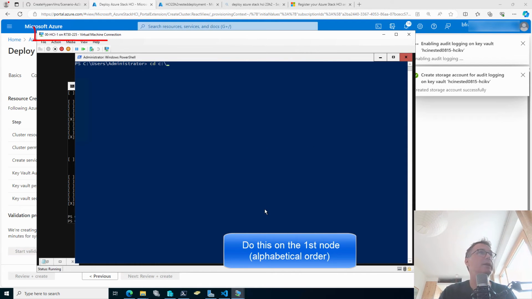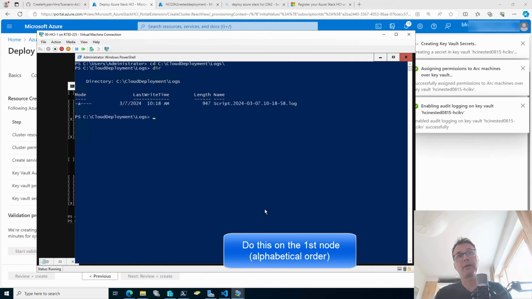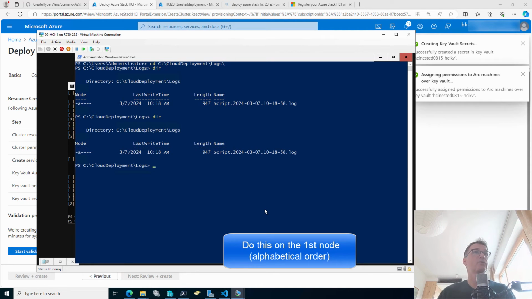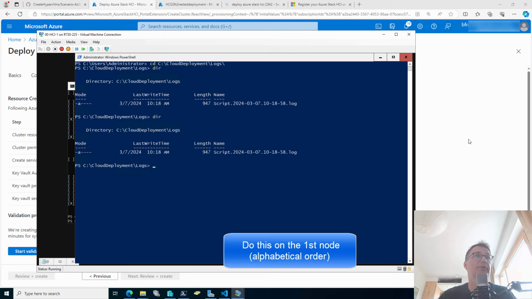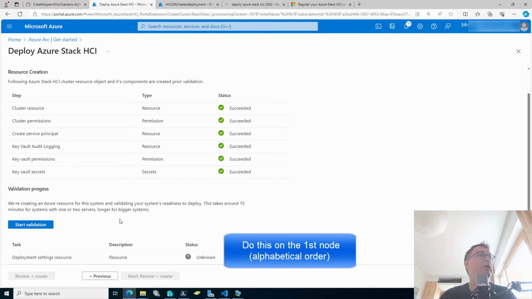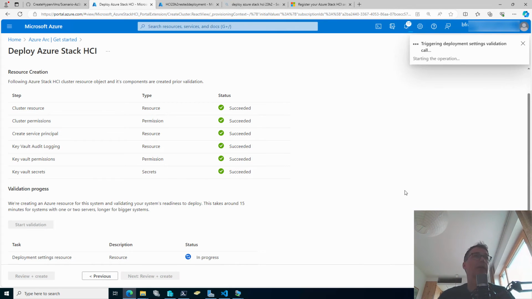and navigate to a directory which is called cloud deployment logs. And as you should be seeing, there will be some script or some log being issued in a second when you hit the validation button here, right? So usually, in that kind of nested environment and with that walkthrough, it should work. However, sometimes